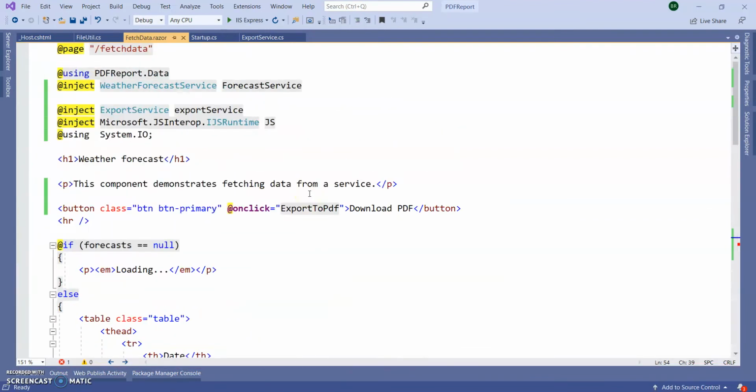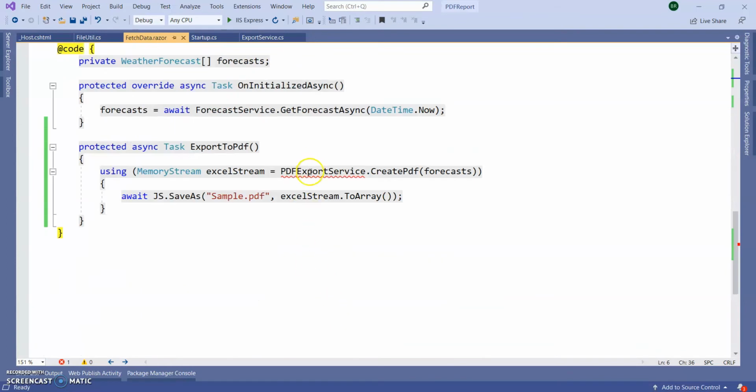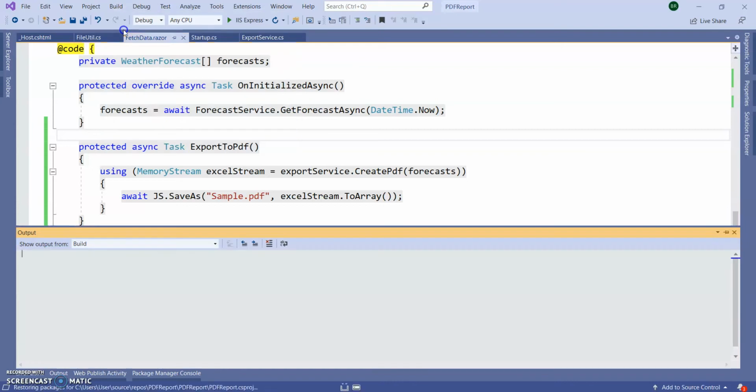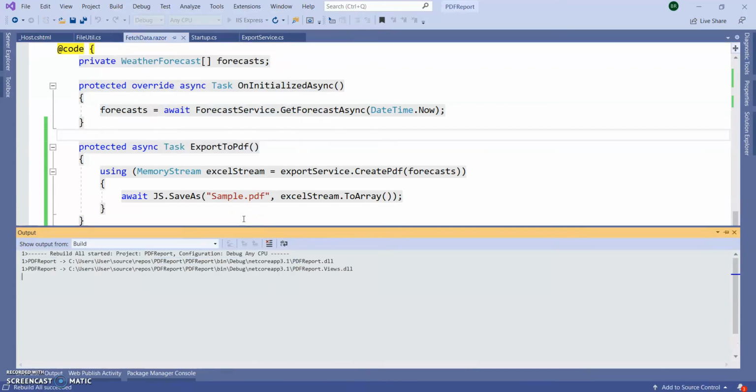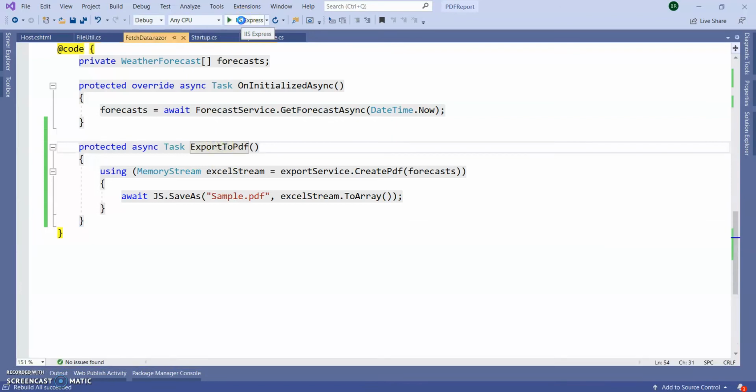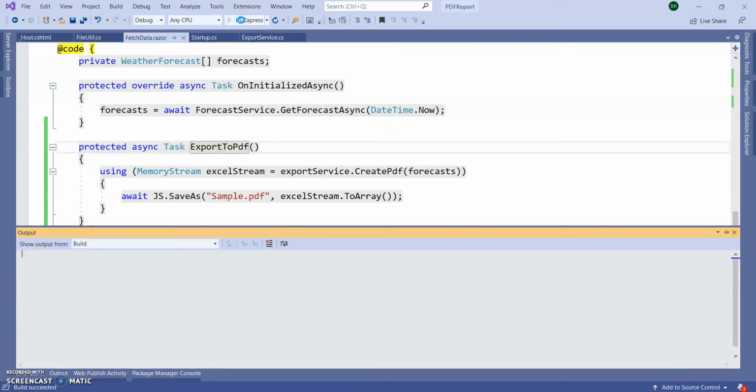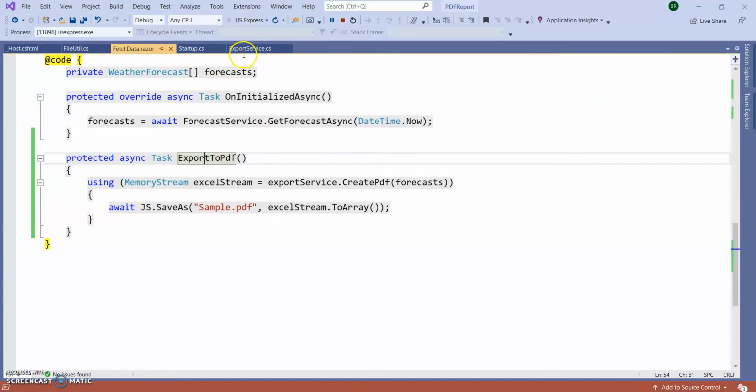Okay, this one is our export service, so I'm giving it the export service name. Done. Rebuild again. Run the application now and see how our PDF is downloaded in our application.